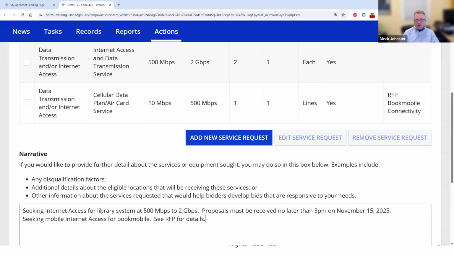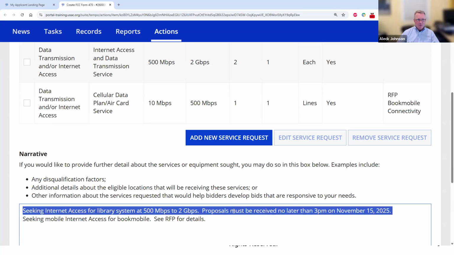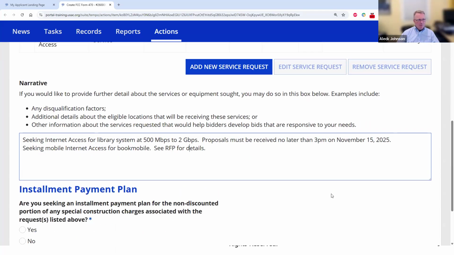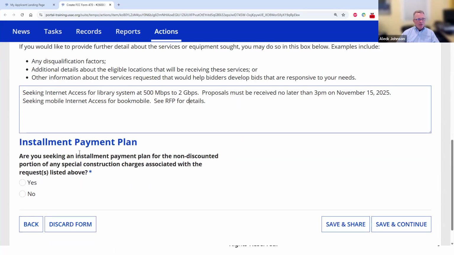Now, notably, the RFP only applies to the bookmobile request. So that's why for the service going to the library system, we're specifying a due date here. For the bookmobile, we're not specifying the due date. We're saying see the RFP because all the information's in the RFP. Relatively straightforward, I hope. The last question we have to answer for Category 1 services is whether we are seeking